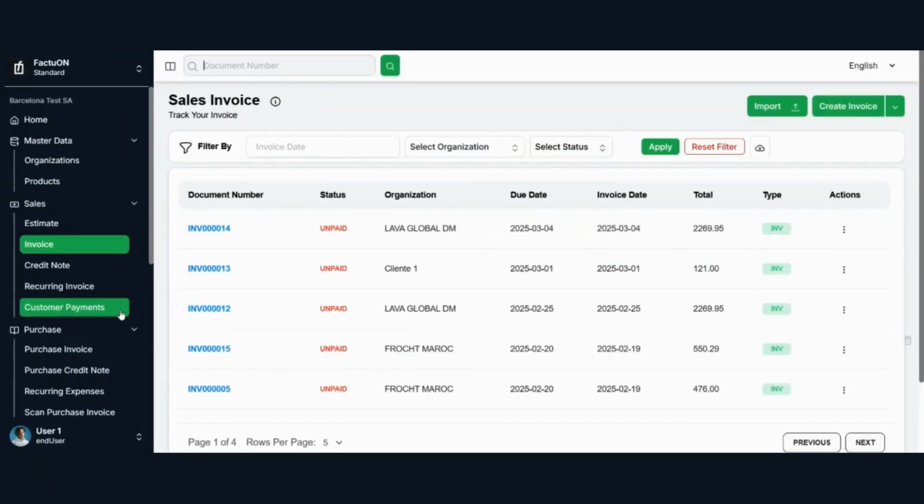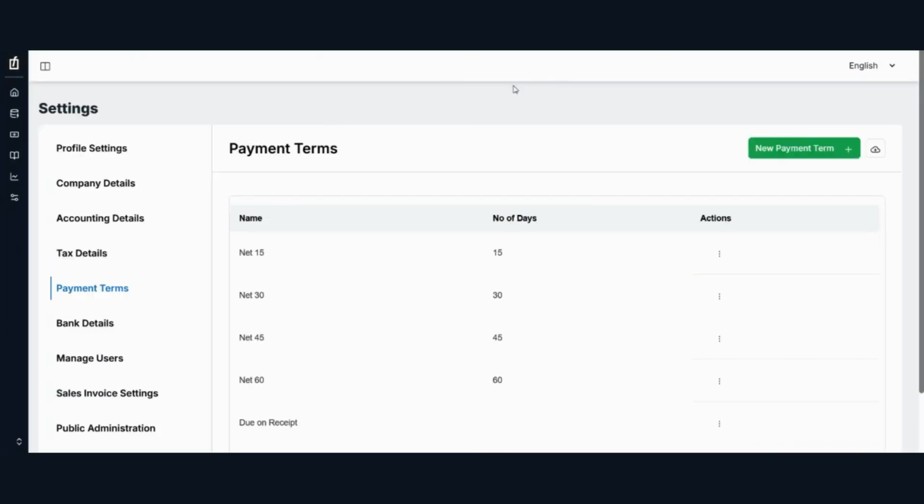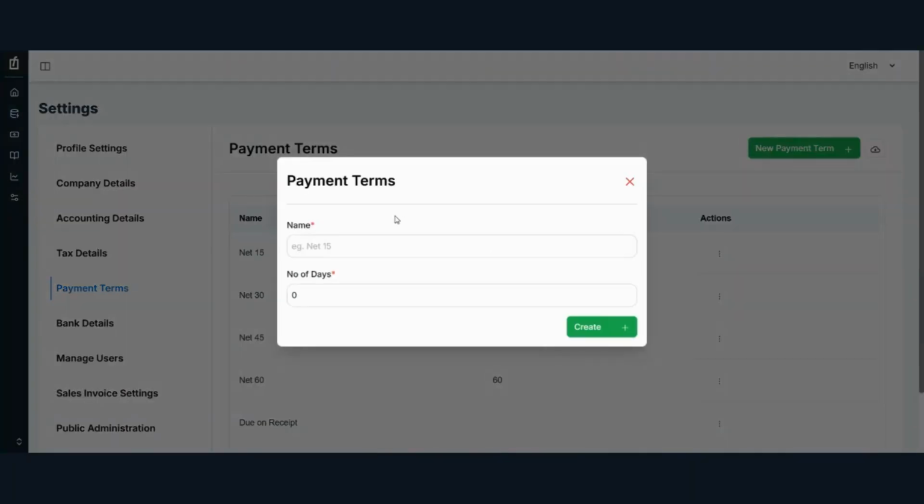Now let's move forward to how to add a new payment term to your list. Let's move here, and you have this option, create new. Just click on it and simply add a name and the number of days. That's it. No need to add anything else. You only have to add two things here. Suppose I am writing here, just adding for your reference, and here I'm adding the number of days, and create.